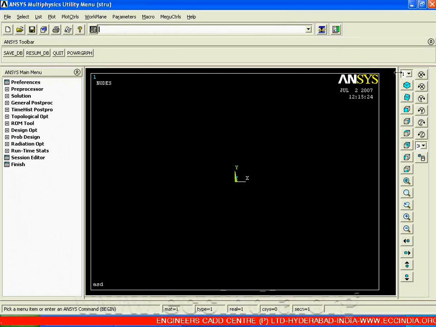Next is your right side menu. In your right side menu, we again have shortcuts used for isometric view, oblique view, front view, top view, right side view. All shortcuts we have over here. Next to the views option, we have shortcuts to fit your view on the particular graphics. Next goes your zoom in and zoom out, pan in X and Y, then rotation about the respective axes in X, Y and Z.